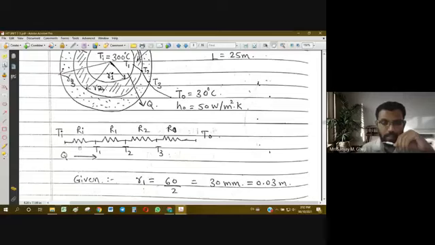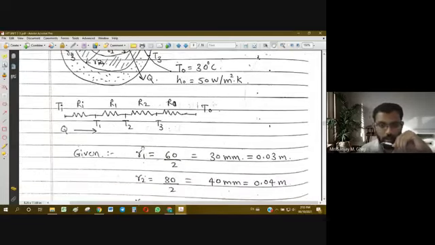And the thermal circuit can be constructed like this: Ti being the innermost or higher temperature, To being the lowermost or outermost temperature. The total temperature difference will be Ti minus To, and it will be associated with all the four resistances. That is, the equivalent thermal resistance will be Ri plus R1 plus R2 plus Ro. All four resistances we have to consider.